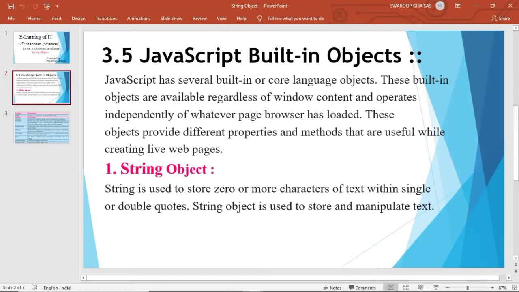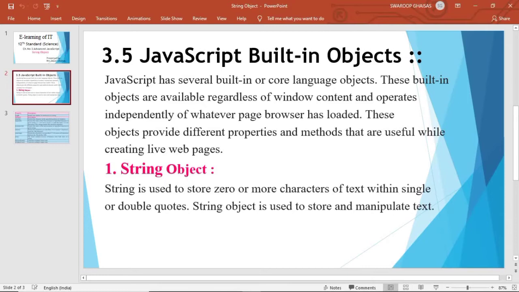Characters include text, numerical data, that is, you can enter a character, number, symbol, spaces. So these many things are accepted in a string. So string contains zero or more characters and is always specified within a single quote or double quote.